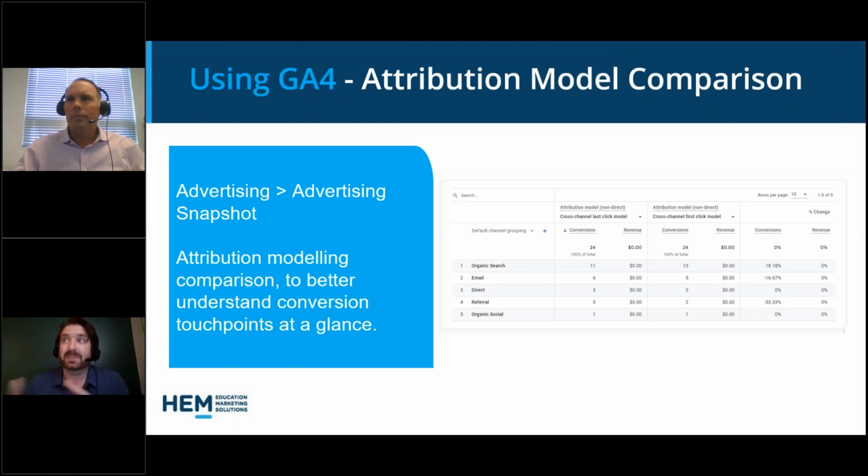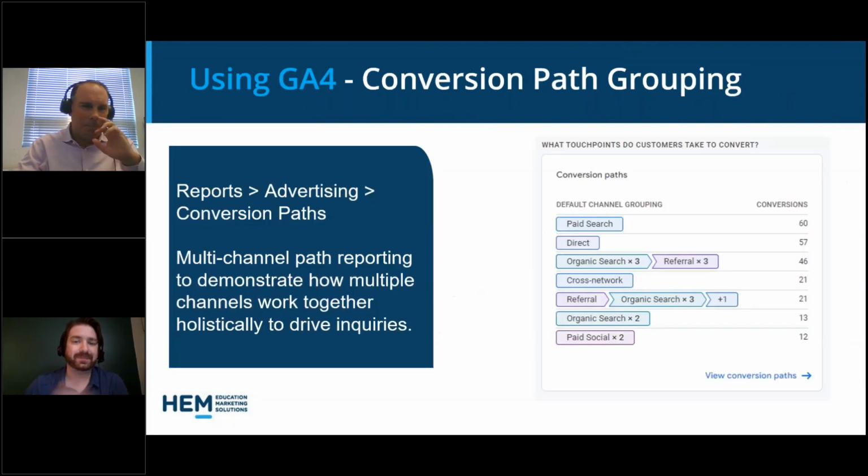So sometimes you might see really interesting things here, such as maybe the way you have your website organized is that most students will get an email and they would maybe register through that email. So you might see 100% of your last clicks attributed to email. But if you look at first click, maybe you're gonna see 33% came from your branded campaign on Google, another 33% from your Facebook posts and so forth. So it's really good to see that different types of your marketing strategy interact differently and might play different roles in this larger process of getting a prospect to become a lead or even a student at your school.